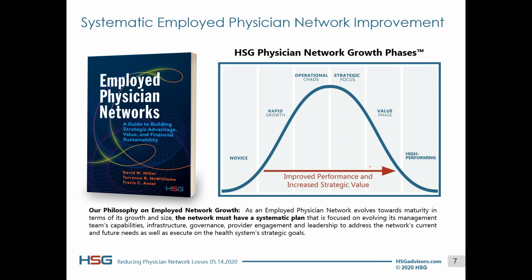For anyone who's familiar with our work or our philosophy, we center our thoughts around physician network growth within our framework of physician network growth phases, which really emphasize what's going on in the world today and what's gone on in the last decade or so with employed physician networks. Where most organizations are right now is somewhere within this bandwidth of operational chaos